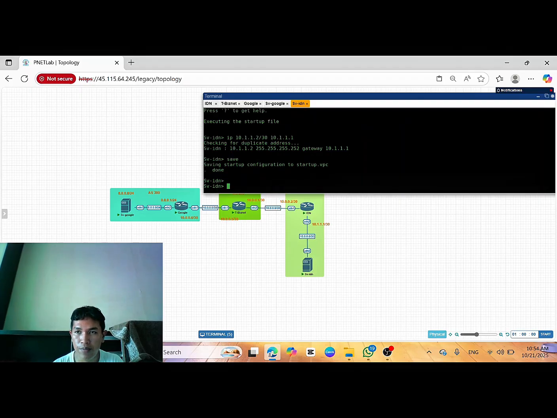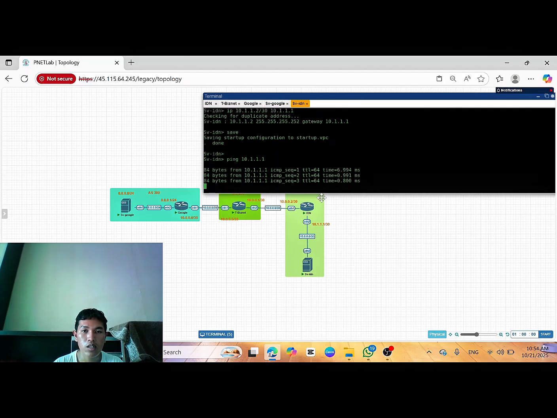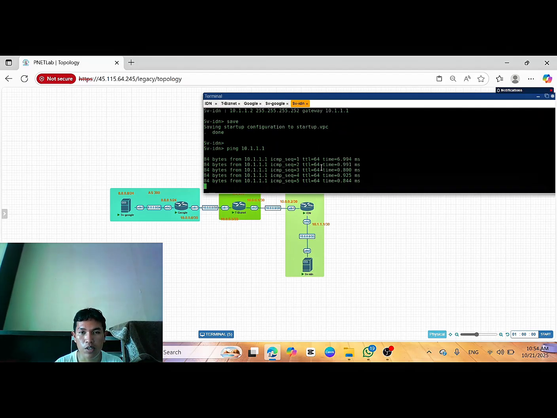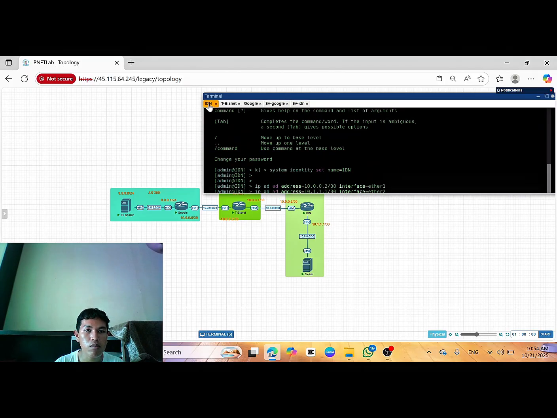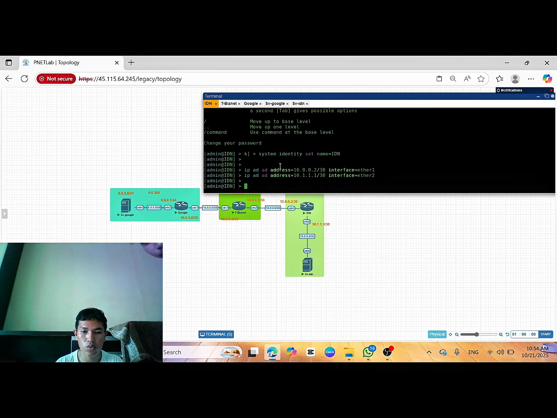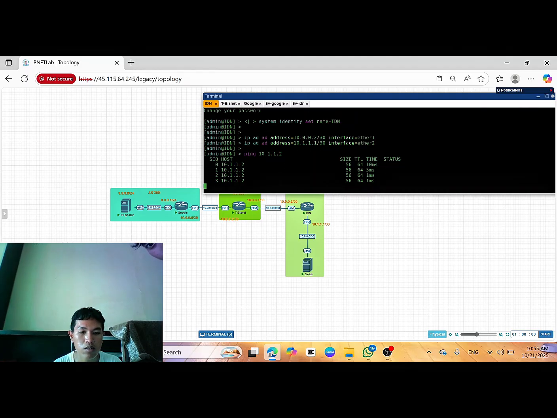And for the verification, you can ping from the server to the router gateway, ping 10.1.1.1, enter. You can see it is successful. You can ping from the router to the server, ping 10.1.1.2.